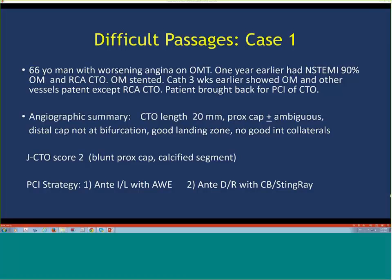Great, and actually, Barry, it's interesting you mentioned that because at the Summit 2, there was one similar case where the patient had a stable anatomy but developed symptoms lately. So it's kind of an interesting question why they develop symptoms later on. Yeah, I mean, we've seen more than one case,